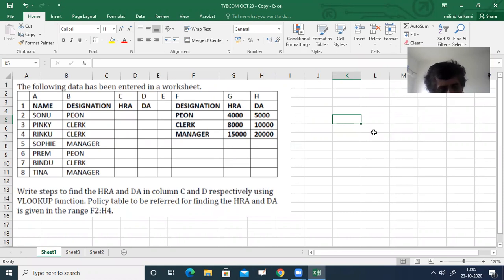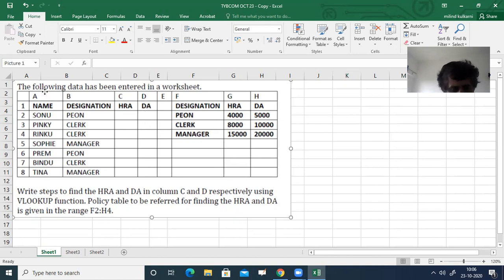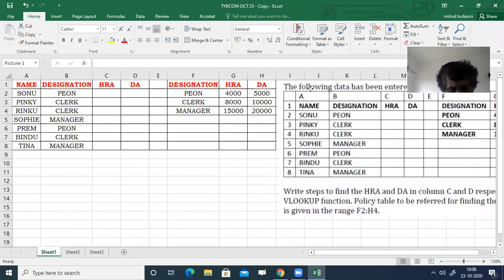Your right hand side indicates the policy table, which is at the address F2 to H4: designation, HRA, DA. This is the policy table. Therefore, our aim is to find out HRA and DA for a particular skill person based on the VLOOKUP function. Therefore, first type all this data in Excel like this.